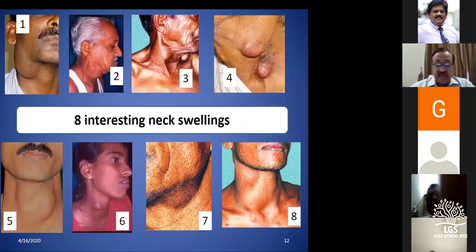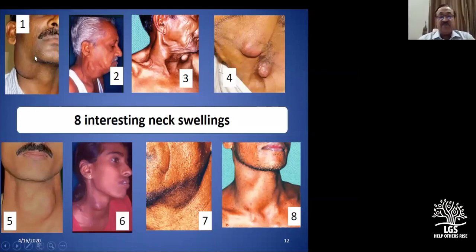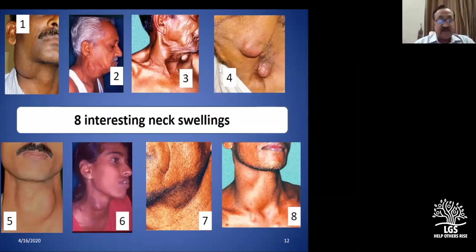Again, for the benefit of people who did not come, we discussed this: the classical branchial cyst. Not only the diagnosis, you should know how to explain it. Then you have the carotid body tumor, and carotid body tumor metastasis. I mentioned the schwannoma of the vagus nerve, cold abscess, submandibular gland, and again schwannoma on the right side. More importantly, the presentation, why you say the diagnosis, and of course the differential diagnosis.